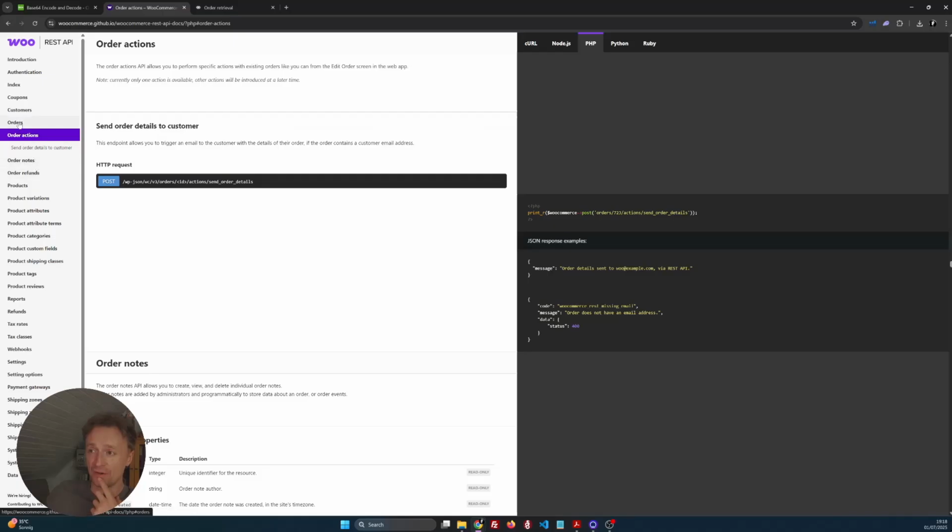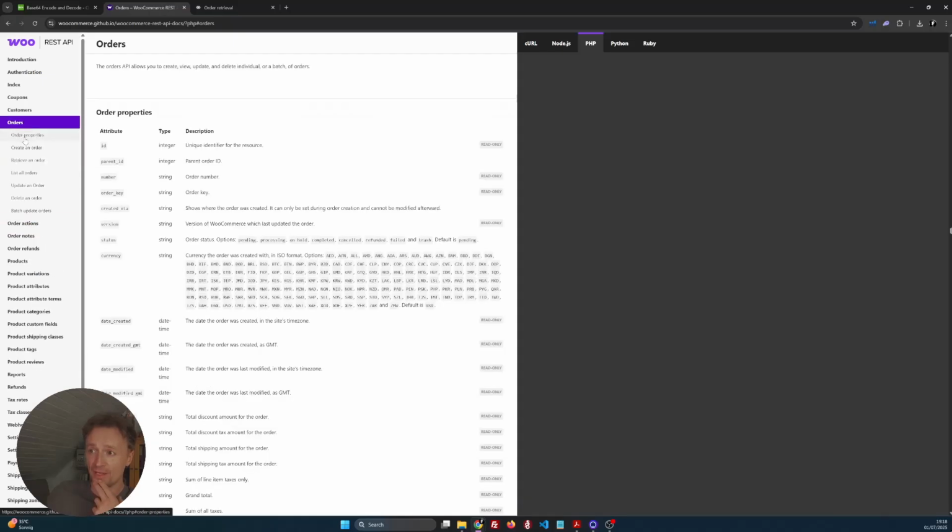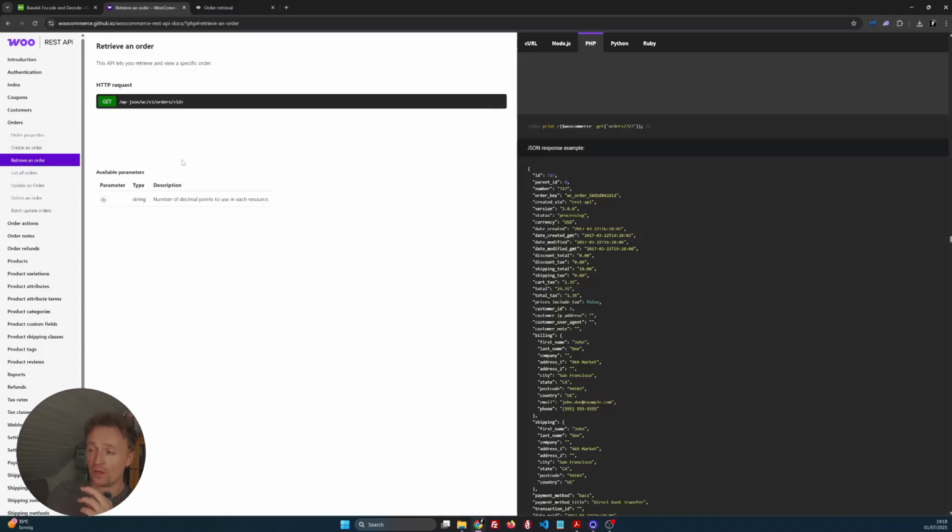So we find the orders, and then we go through this list and find retrieve an order. Cool. WooCommerce gives us the opportunity by calling this URL to retrieve a specific order. Nice. And I'm telling you this because we will use this part of the URL, which is, in our analogy,